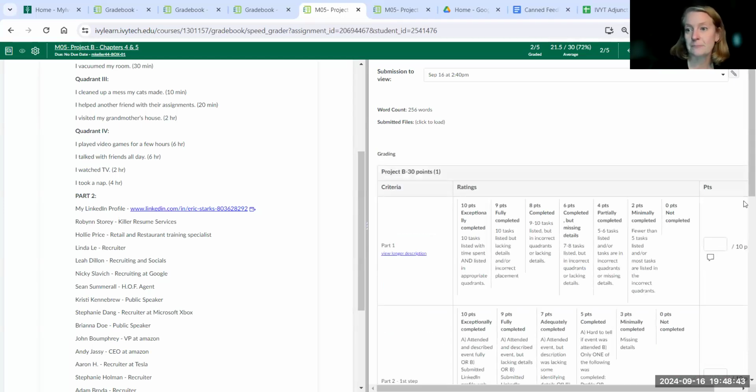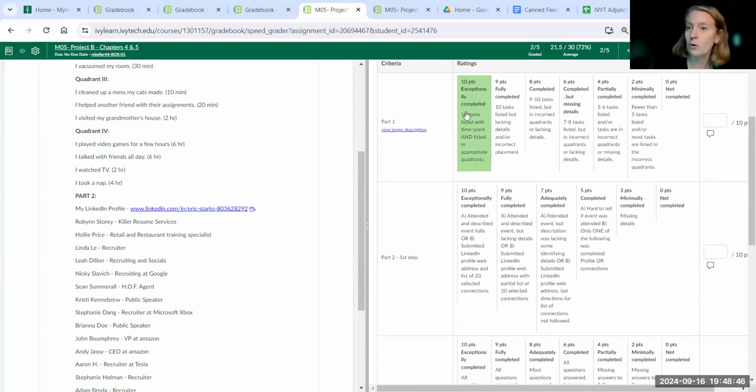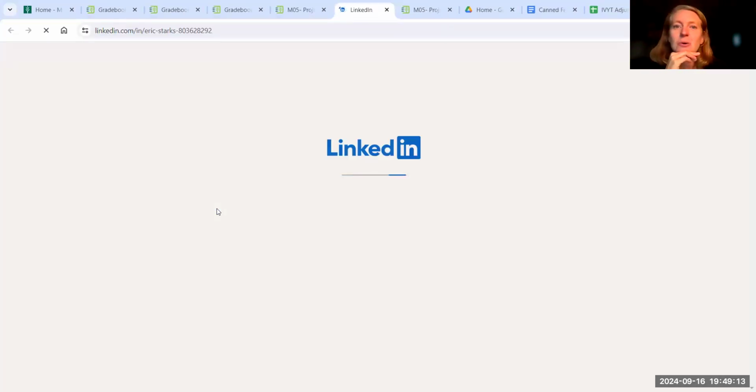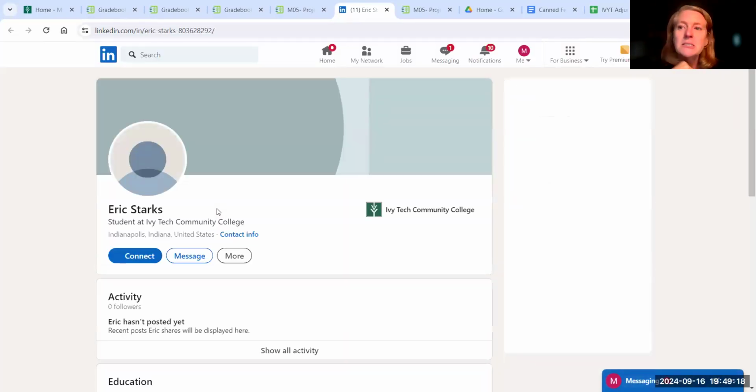And in fact, if we look at the rubric, 10 out of 10 for the quadrants, good job. If you look at part 2, the first step of part 2, it says they have to submit their LinkedIn profile and 20 connections that they've tried to make. If they don't submit their LinkedIn profile, that is a really good example of when I ask a student to resubmit it, because you can't really tell what they did if you can't click on it. Sometimes I'll search for them if they have a unique name, but usually I don't want to take the time to do that. So I click on their LinkedIn profile,